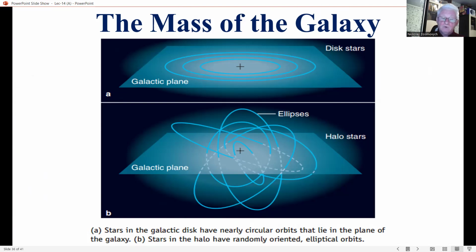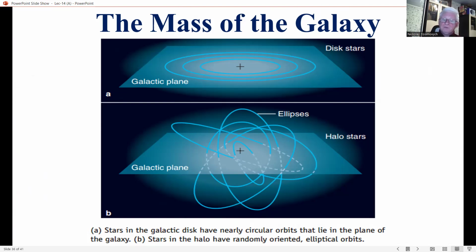Astronomers can figure out the orbit of stars by observing how they move. The Doppler effect reveals a star's radial velocity, which can be combined with the distance to a star and its proper motion to reveal the size and shape of the star's orbit.